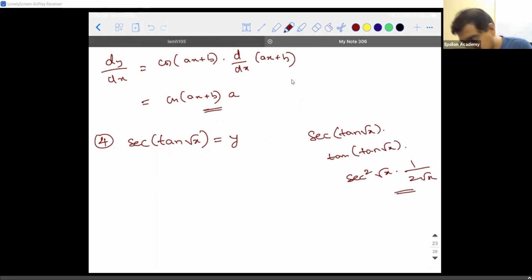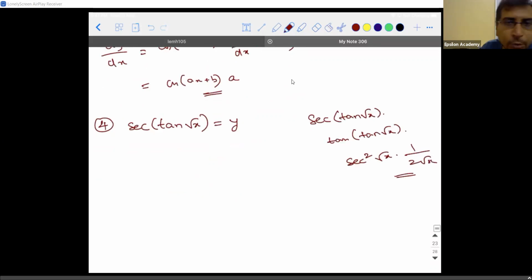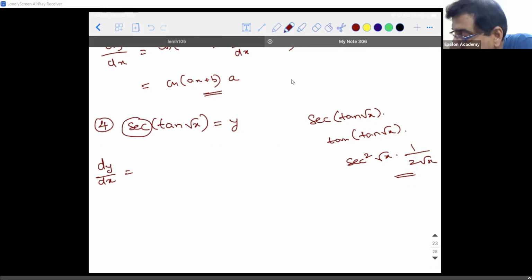Yes, sir. I got this. Got it right? Okay. Anyways, I'm doing this problem. Everybody concentrate. If you know, you can do it. If not, look at the screen. So dy by dx is equal to, how many functions are there? 3. Secant, tan, root x. If it is only x, it is not a function. Anything other than x, x square, x cube, root x, whatever it is. Okay. So dy by dx is, derivative of secant is what? Secant into tan.